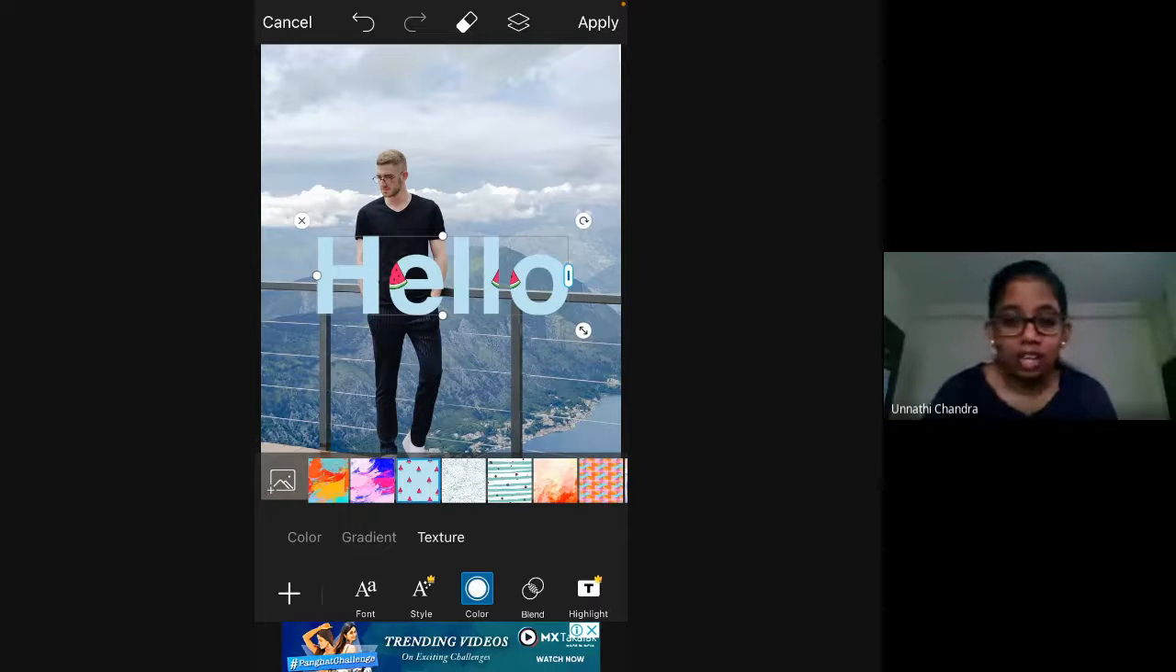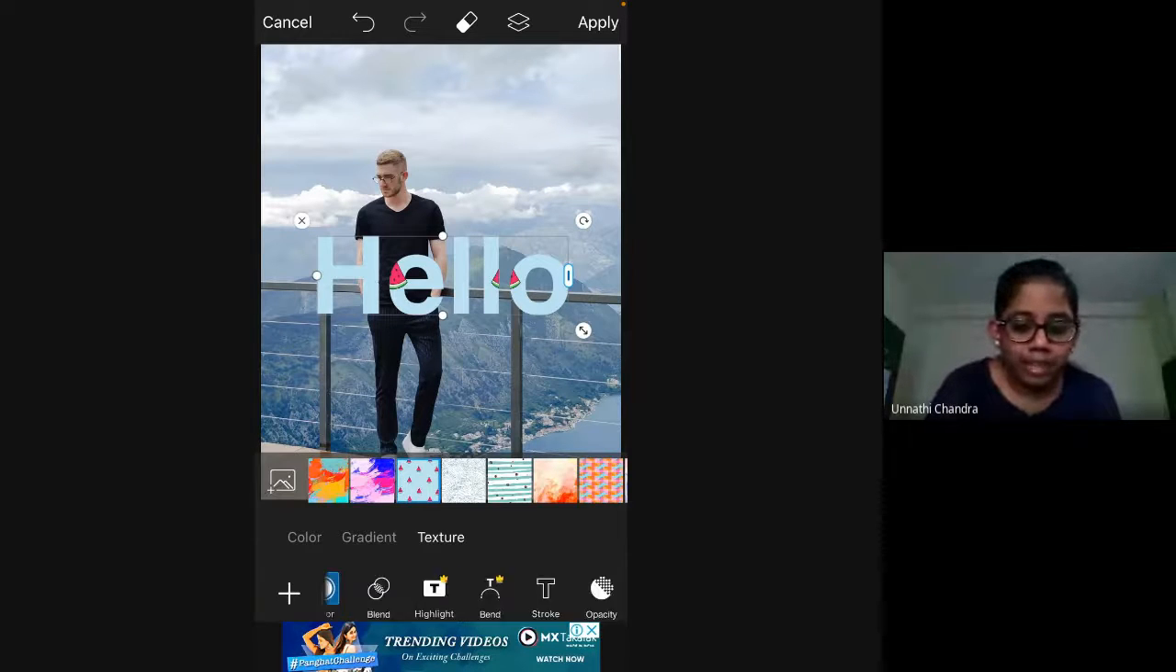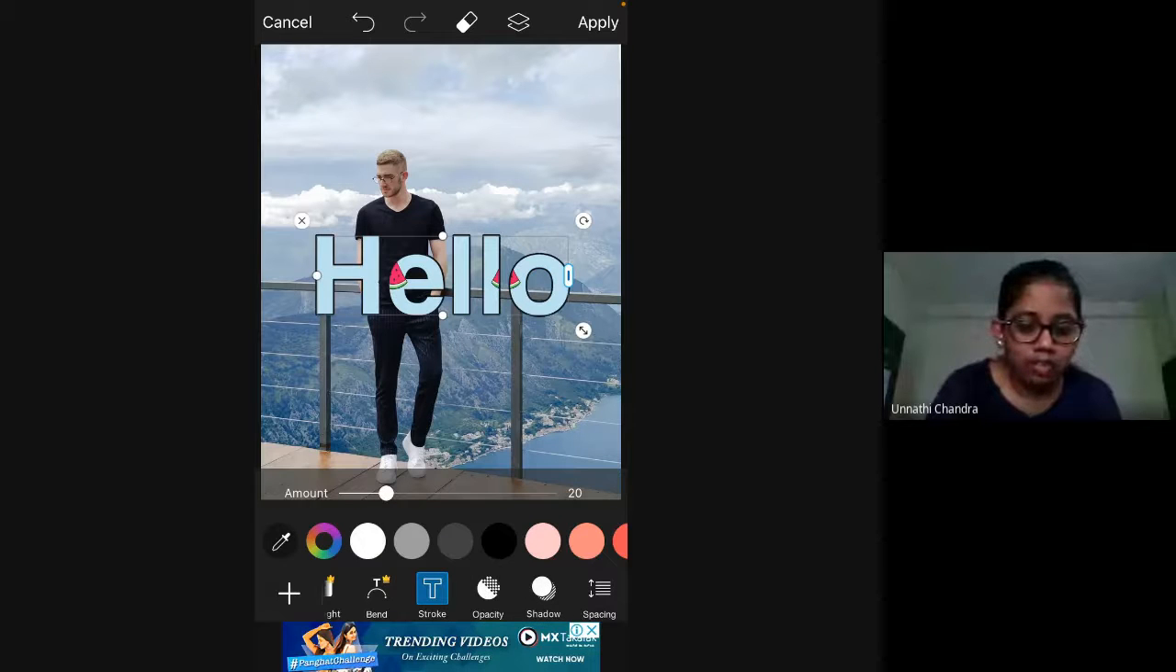Instead of a particular color, it will come up with fun looking photos as a font. You also have the stroke option, which gives you a border or